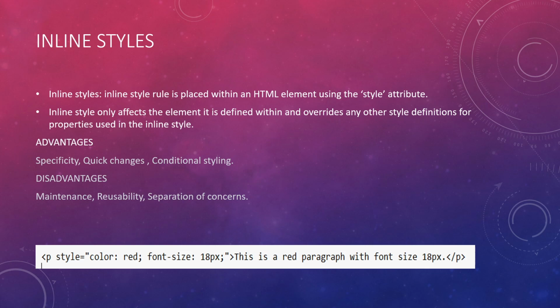In inline style sheets, the rule is placed within an HTML element using the style attribute. Inline style only affects the element it is defined within and overrides any other style definitions for the properties used in the inline style. Here at the bottom we can see the syntax of an inline style, which is written between the paragraph tag. The advantages of inline styles are specificity,